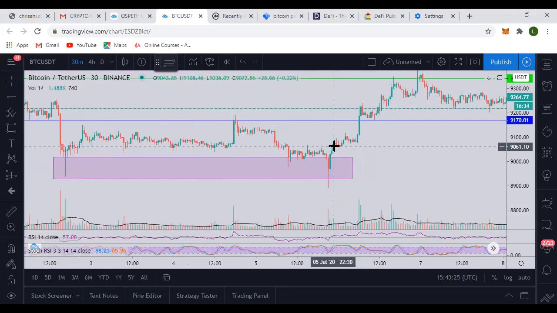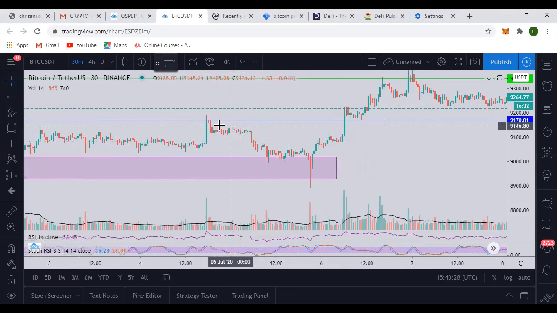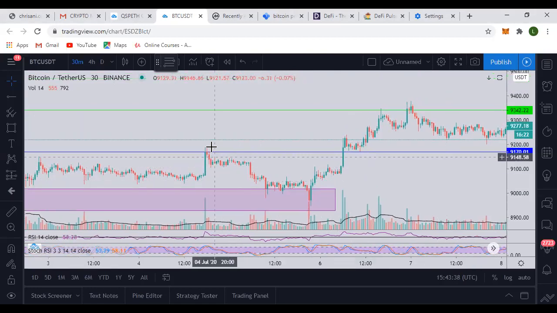After the price ranged and ranged, it came out, had a breakout, and then sat on the support as a floor. Remember I told you the support is a floor. So it broke through that resistance here, which was around 917 or so, and then that place became a support again, and the price kept moving.